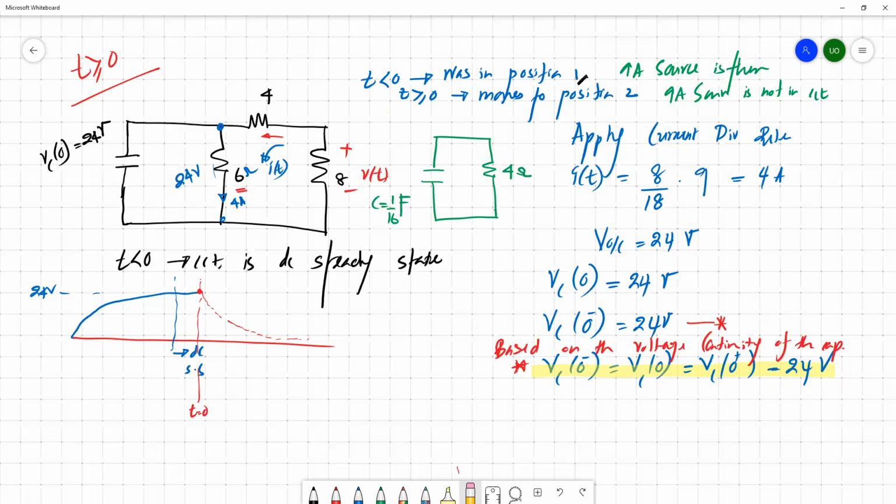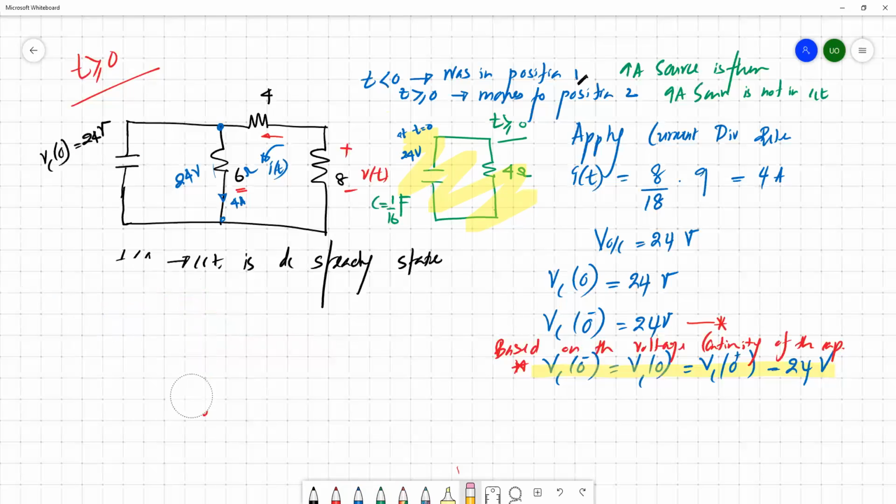So this capacitor is basically charged to 24 volt at t equals 0. Now this is the simplified version for t greater than or equal to 0. So we can immediately get the differential equation for this. The differential equation basically explains dVt, the voltage across the capacitor, plus 1 over